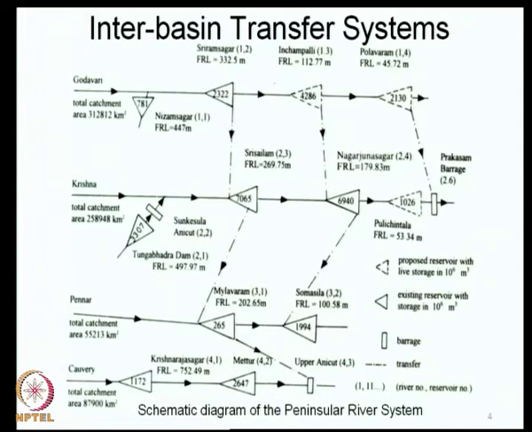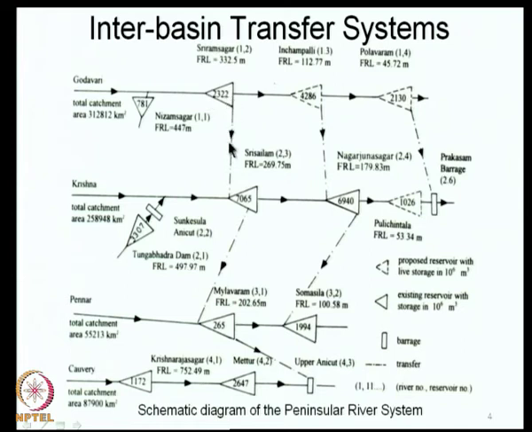When you are analyzing systems like this, you would like to place priorities. First of all, we need to build a simulation model which will reproduce the behavior of such a complex system. As you can see, whatever action that you take here is likely to affect the storage at this point, and therefore, that will affect the transfer performance. It is likely to affect the downstream reservoir and so on. Similarly, if you are linking these two, the actions that you take at any point upstream are likely to affect all of the downstream points.